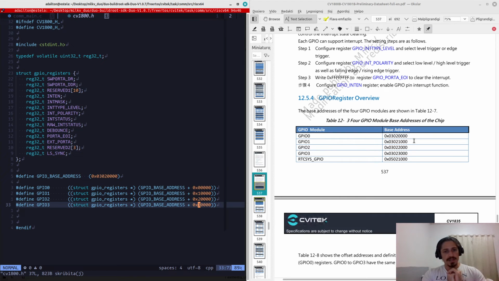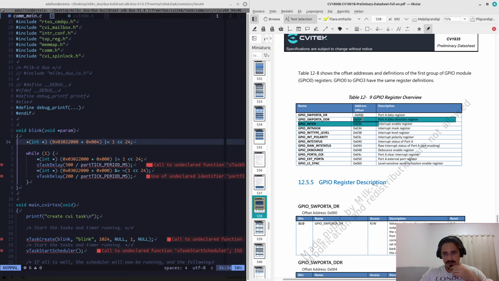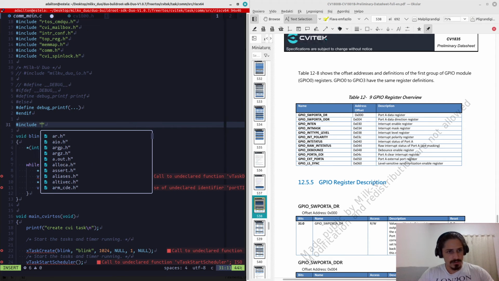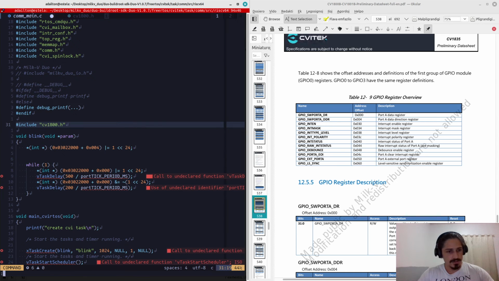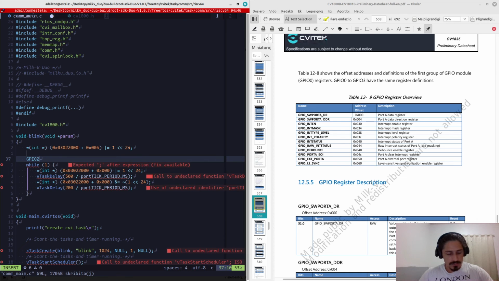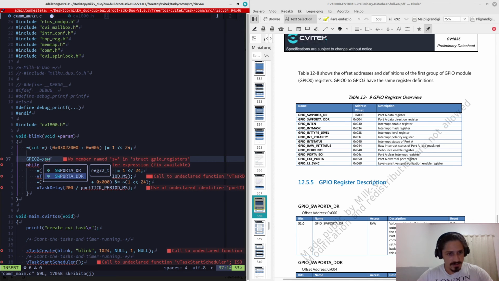Then we can go back to our initial example for the blink. This is the DDR register, this is the offset, and then we can do the following. We can first include our header file here, so we can include CV1800.h, and then we can do GPIO 2, and then we can find SW port A DDR,